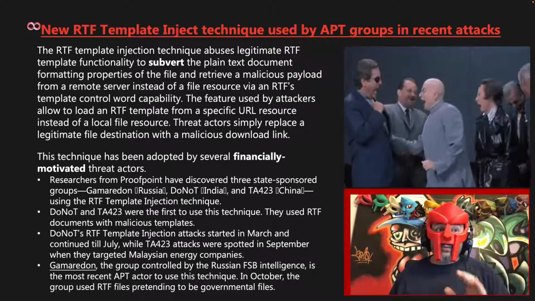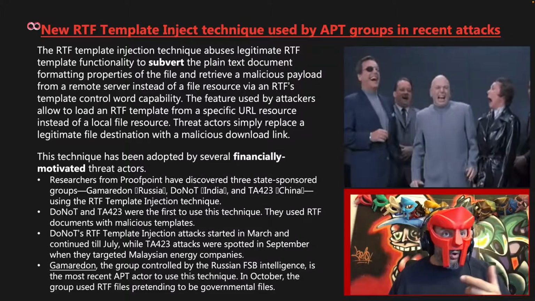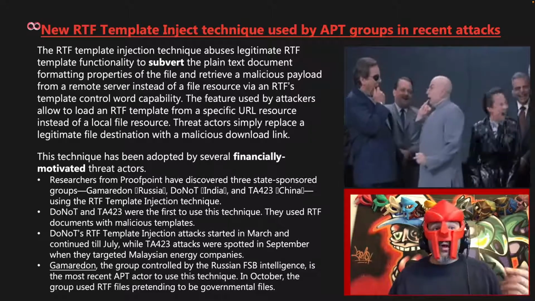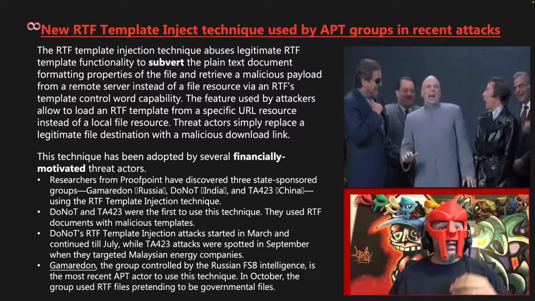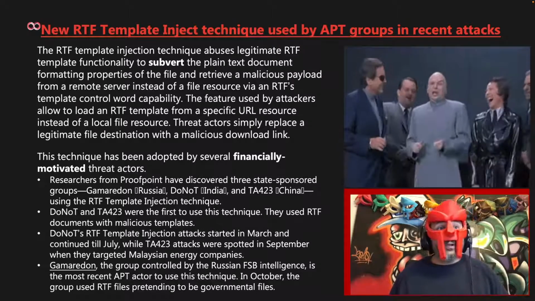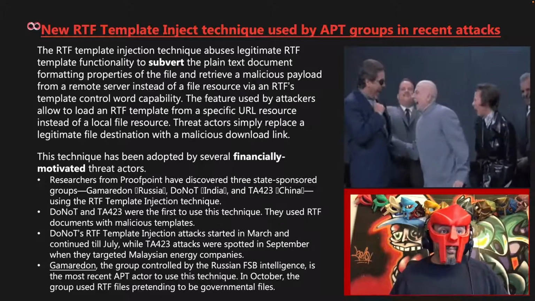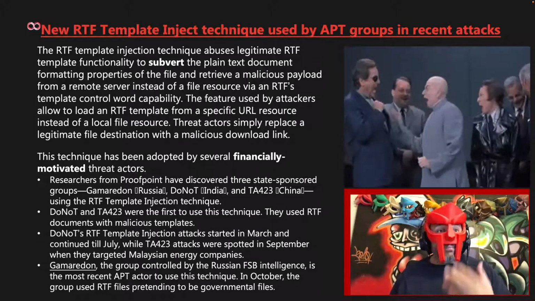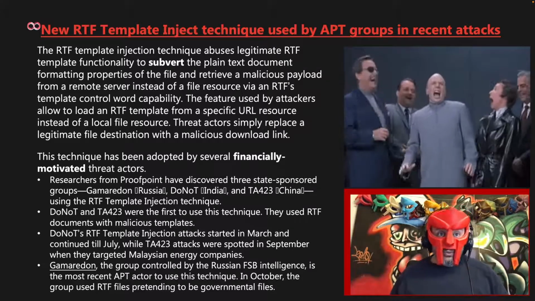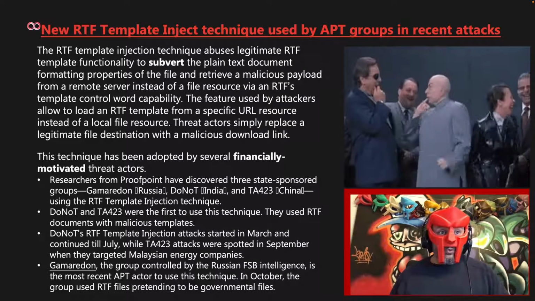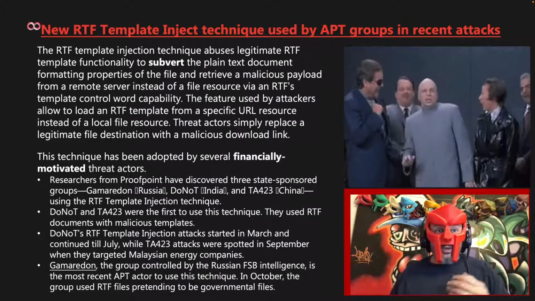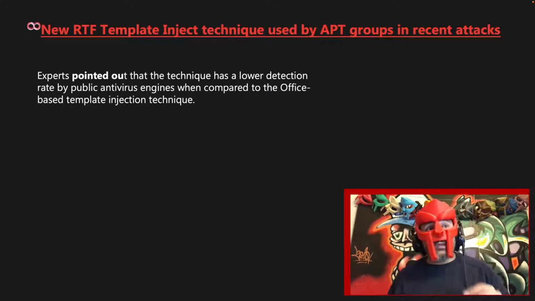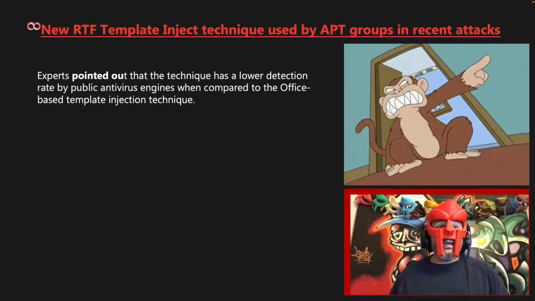DoNot's RTF template injection attack started in March and continued until July, while TA423 attacks were first spotted in September, when they targeted Malaysian energy companies. Gamaredon, the group controlled by the Russian FSB intelligence, is the most recent actor to use this technique. In October, the group used RTF files pretending to be governmental files. Experts pointed out that the technique has a lower detection rate by public antivirus engines when compared to the Office-based